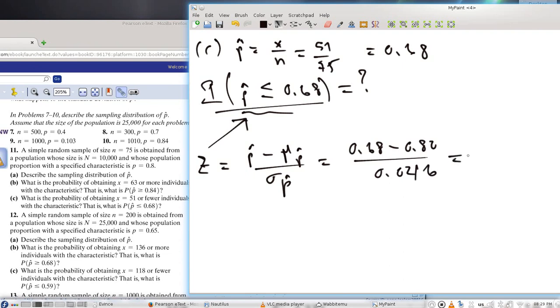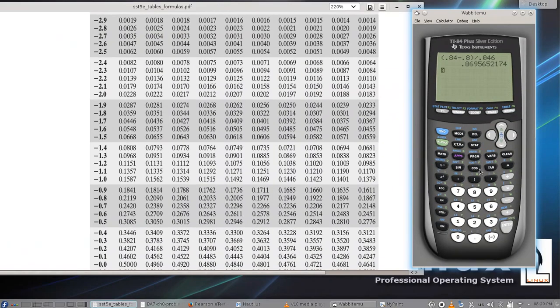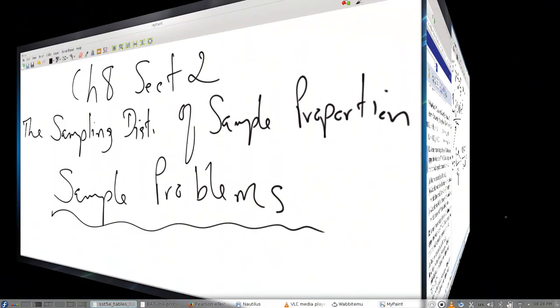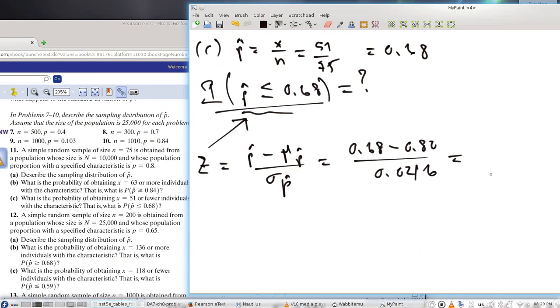Let's find out what that is. That gives us a negative 2.61, and thus